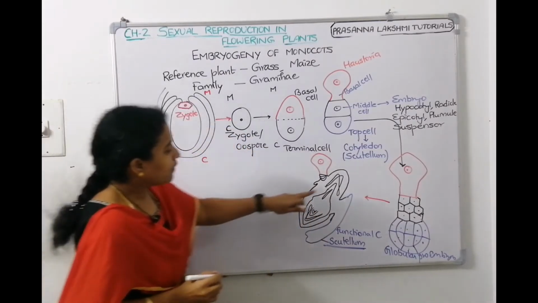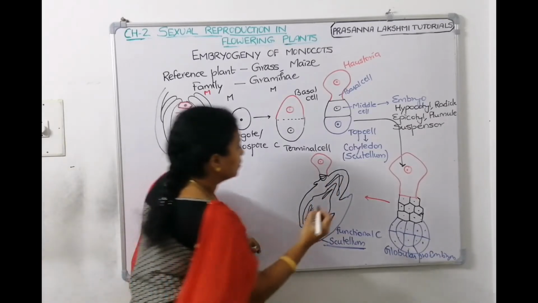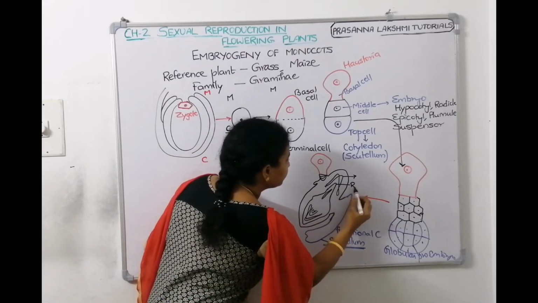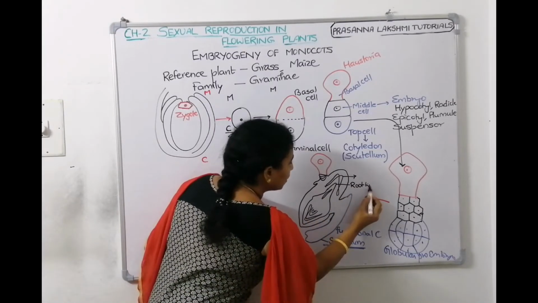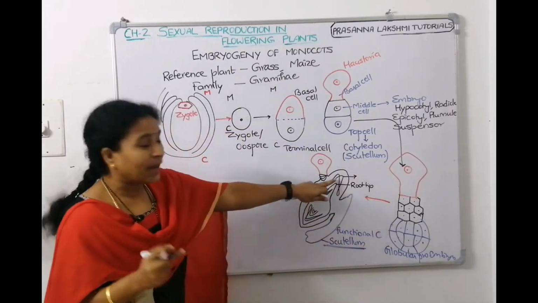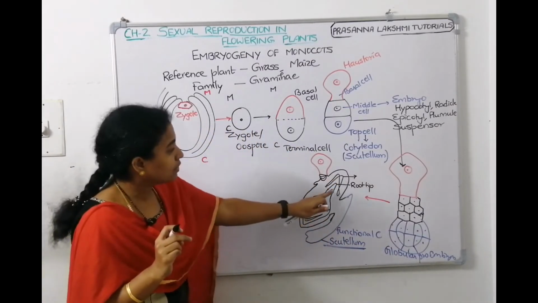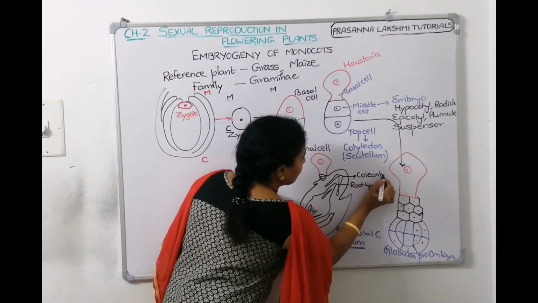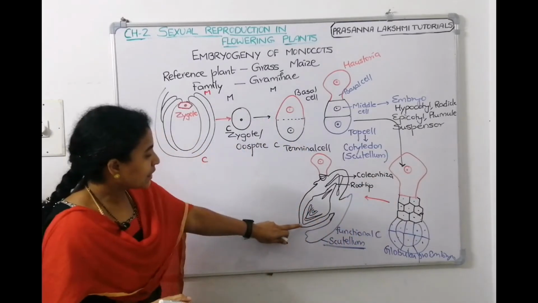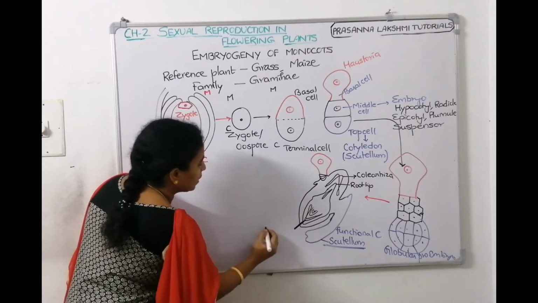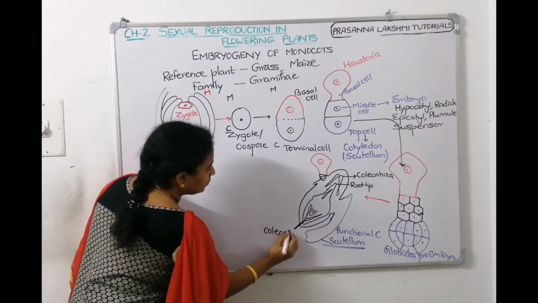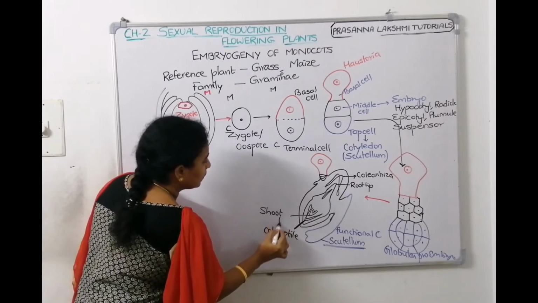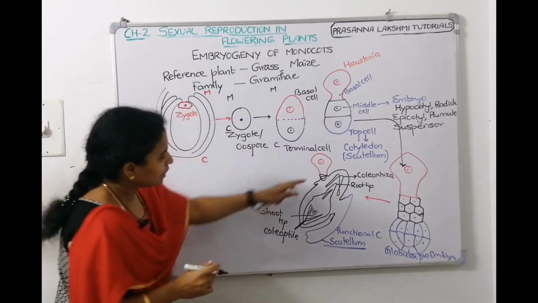Yes. So what we can see here is the tissue which covers the root. This is called root tip, children. This is called root tip and root cap. And this tissue, an undifferentiated sheath-like tissue which covers the root tip, is called coleorhiza. This is called coleorhiza. And this is the shoot tip, and this part which is covering is called coleoptile. This is coleoptile, and this becomes the shoot tip. Okay, so this is a proper embryo.